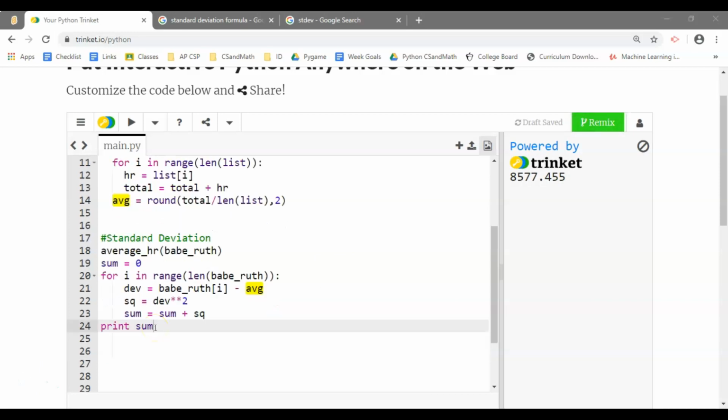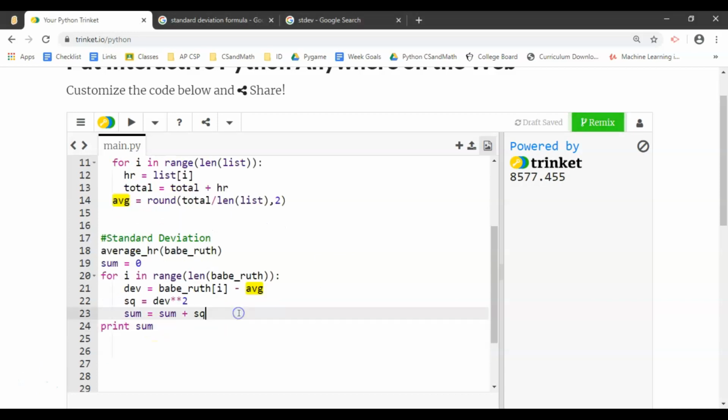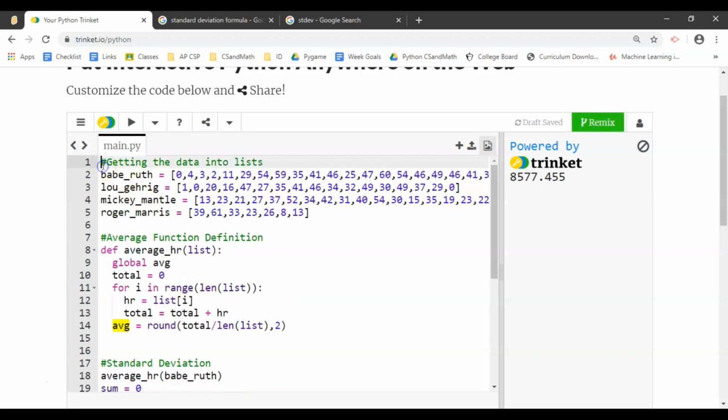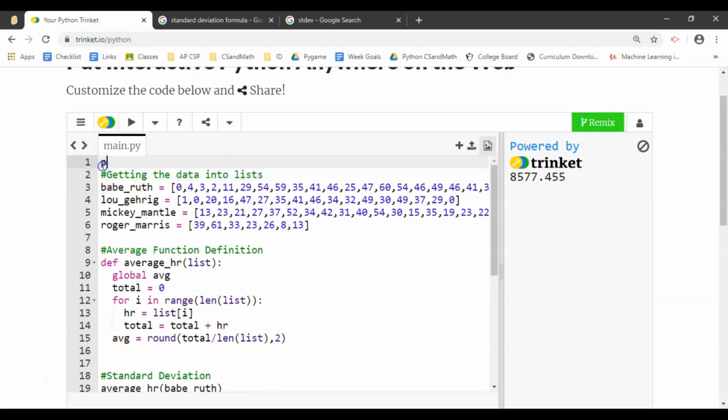Okay, then to finish off, we're really trying to print the standard deviation. A lot of times they'll call it stdev. Different functions are called stdev, so I'll just call it that, standard deviation. What we want to do is take the square root, so I type in sqrt, but remember it's not going to like that. It's because in previous videos we talked about that for square rooting you need to import the math,